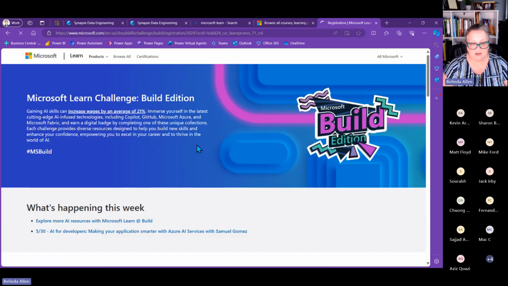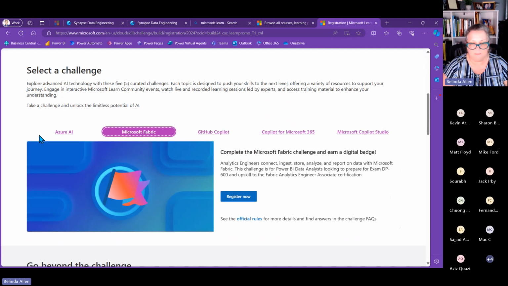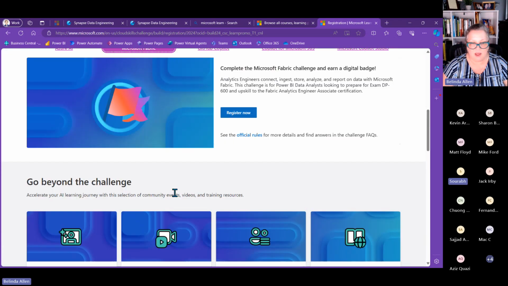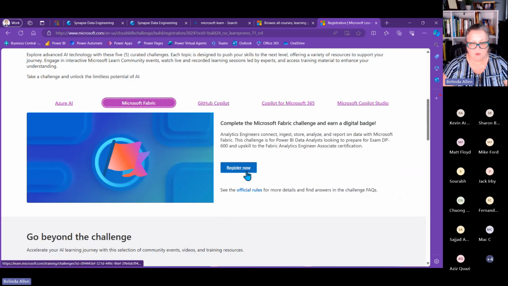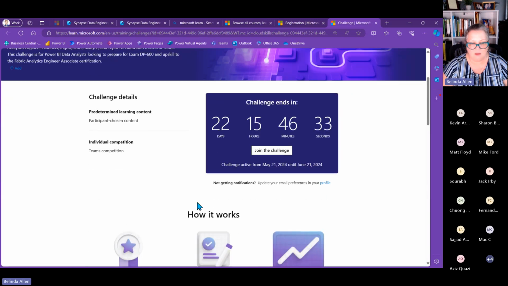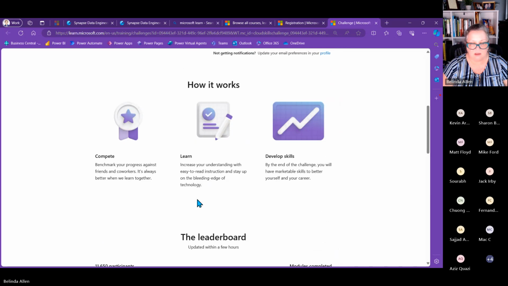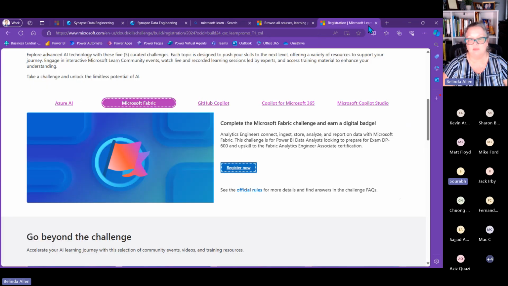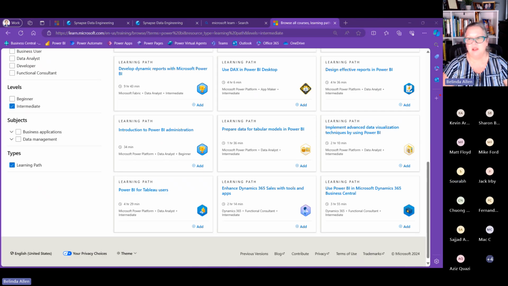This challenge that is being offered, I've been thinking about doing the Azure AI one, but for the Microsoft Fabric one, I was trying to show it. I am registered for it, but I only have one section left. I believe, though, it's all Fabric. So I don't think that's where you need to start. You need to start with Power BI. Don't jump right into Fabric. You need to understand that before you start digging in Fabric. Yeah, sure.